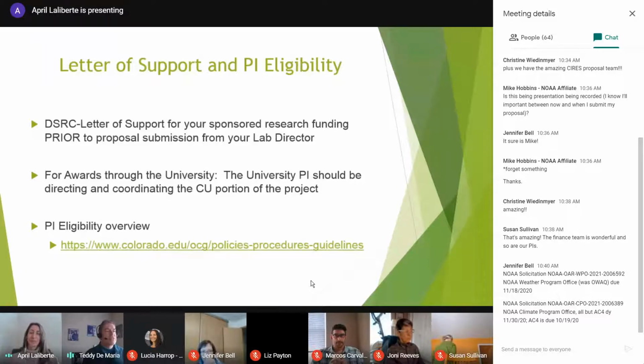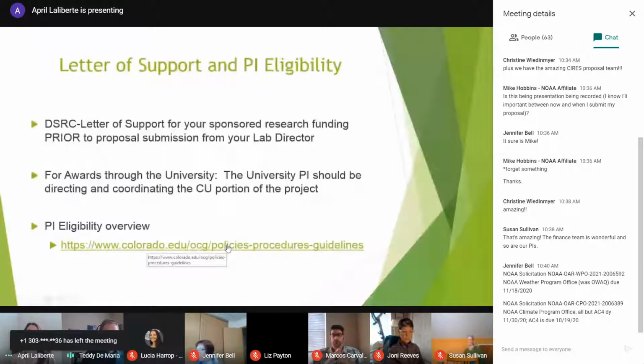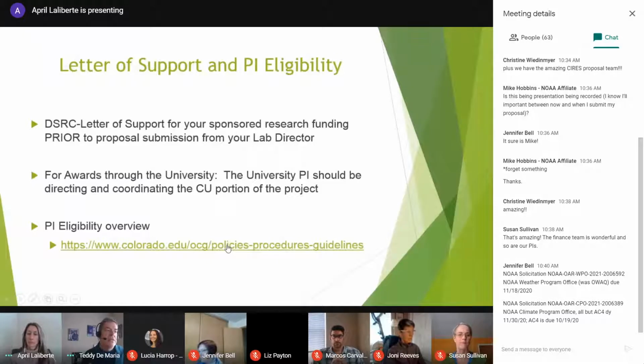Just to deal with some issues that are not new, that are always here, but should be addressed: for our scientists sitting over at Davis Skaggs Research Center, for all our principal investigators hosted over there, we need a letter of support from their lab division director prior to proposal submission. The letter should acknowledge that the proposed research is within the lab's mission and that the space and continued infrastructure support that the lab provides will be provided to the hosted scientist if the project is funded. That's normal. We all know about that.